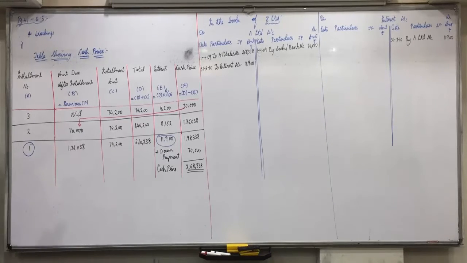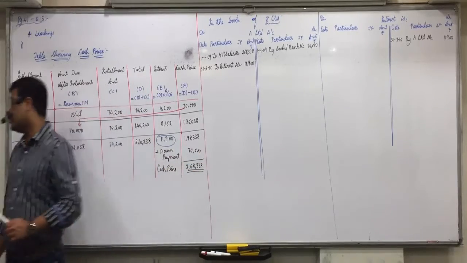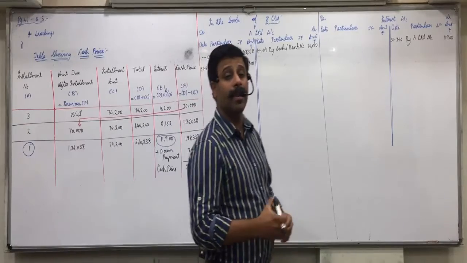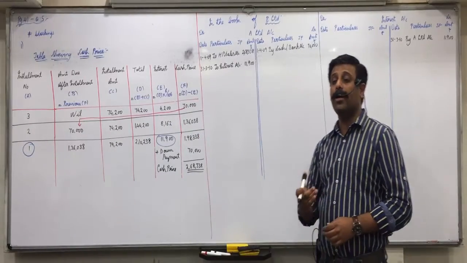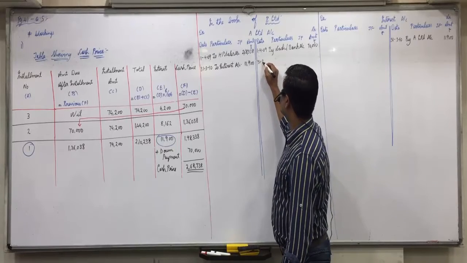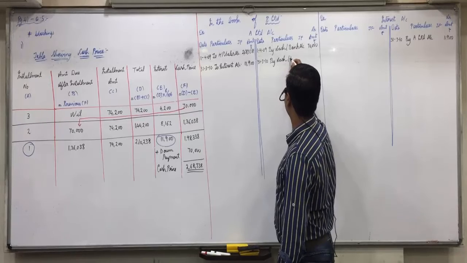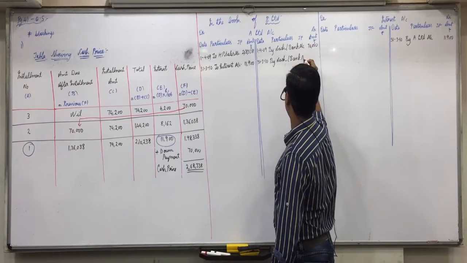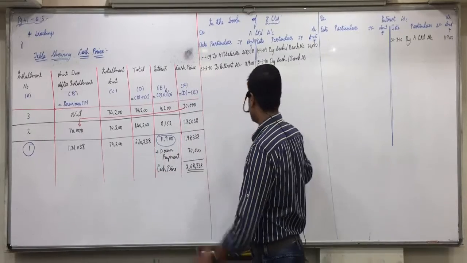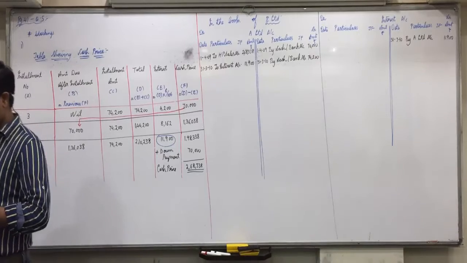After the interest, the next entry is of the installment. Now the seller is going to receive the money. So what is the entry for receiving the installment? Cash or bank account debit and to buyer account. To buyer means in A Limited on the credit side, 31/3/2010 by cash or bank account. Now each installment is of 74,200. The first installment is also 74,200. Any doubt in this?